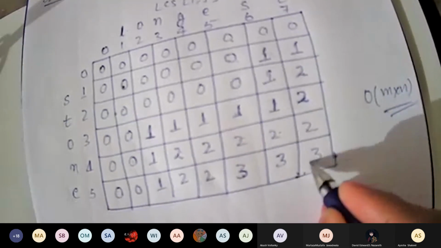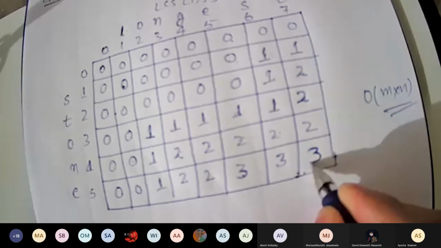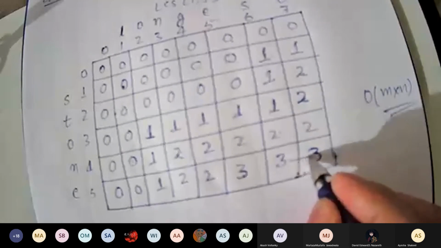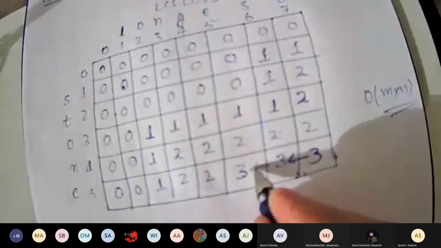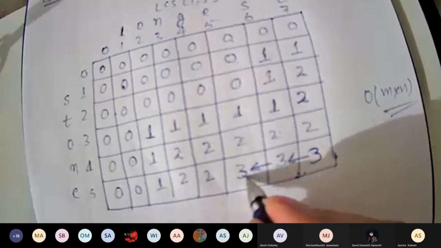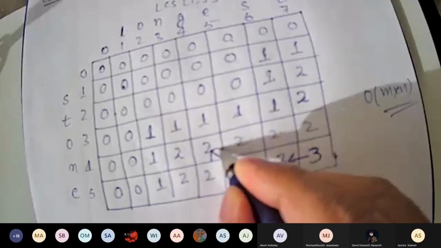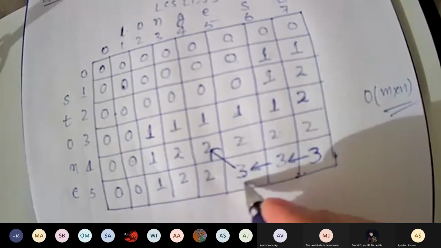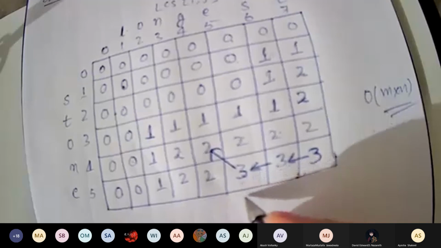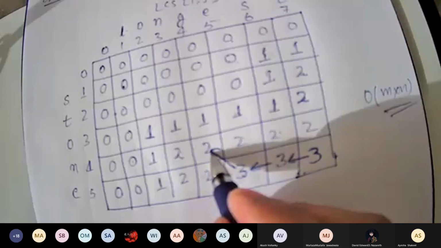Now let's see what the longest common subsequence is. It's 3, so the value is definitely 3. Now this 3, where did you get it from? You got it from here, max. But this 3 you actually got from here. So here, whatever value is there, you will take it. So E. Now this 2, where did you get it from?